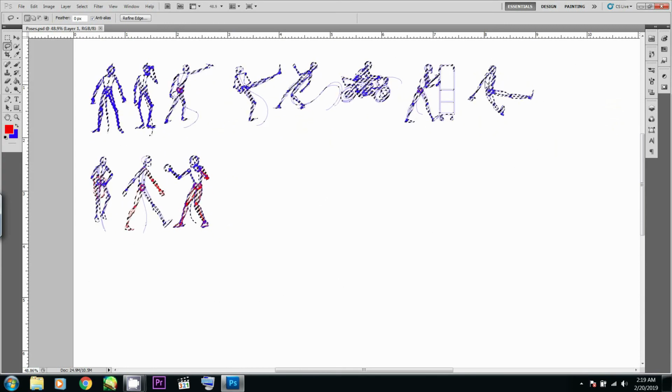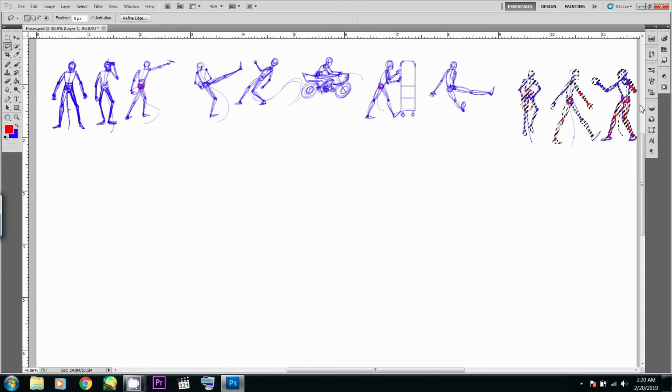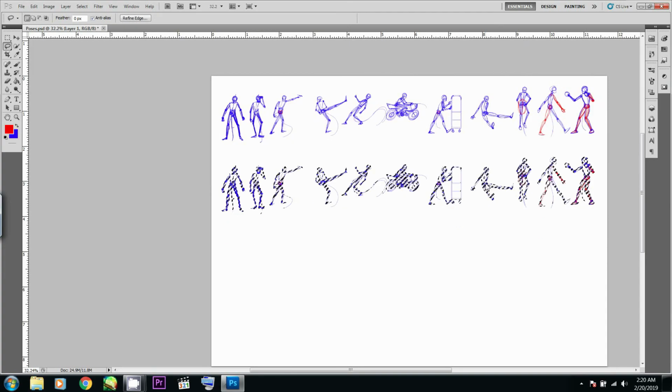So I'm going to now move the characters' poses into one line, and I'm going to create a duplicate and